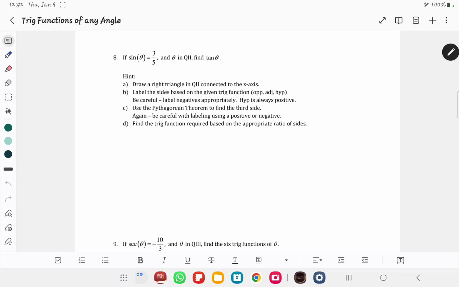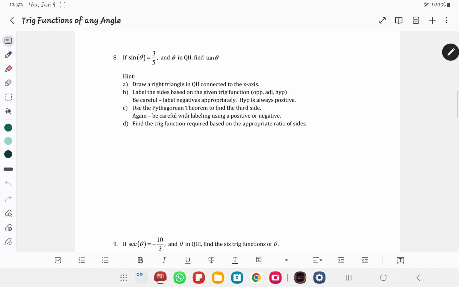Hey everyone, in this video we are going to look at the last part of our trig functions of any angle. What we're going to try to do is, given one trig function and a quadrant or an angle range, find another trig function, or possibly multiple more trig functions, based on that particular location and the given first trig function. So for number 8 here, I have sine of theta is 3/5 and theta in quadrant 2, and